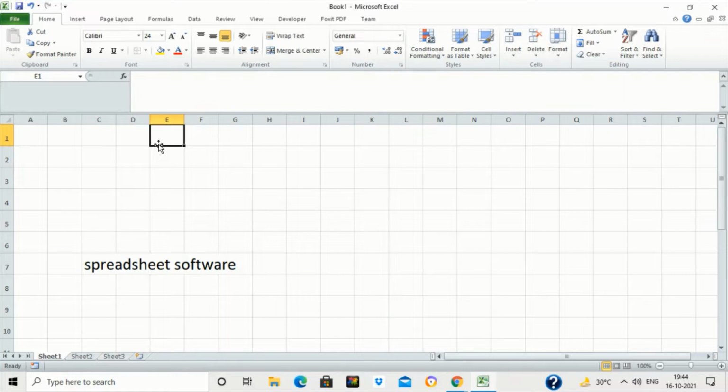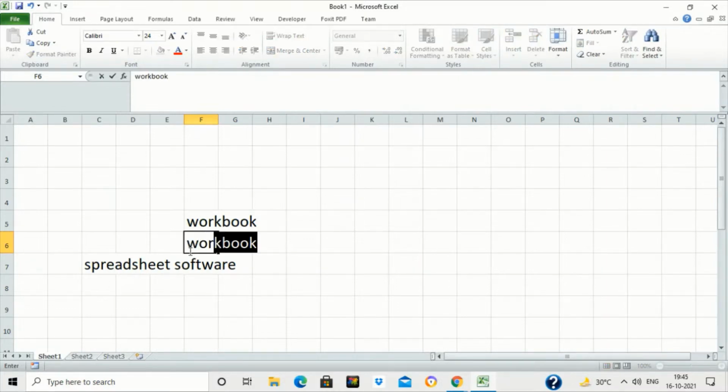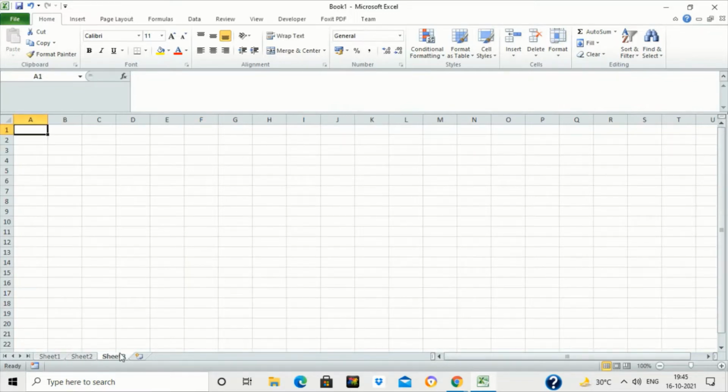In Excel, this file is known as a workbook. Each workbook has different sheets, and these sheets are called worksheets. As you can see at the bottom, Sheet 1, Sheet 2, and Sheet 3 are written.